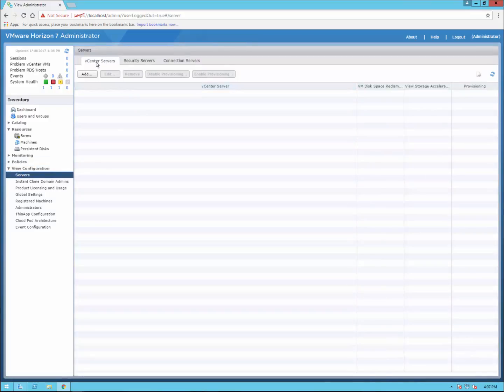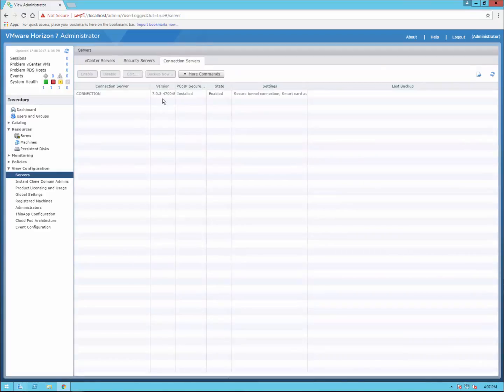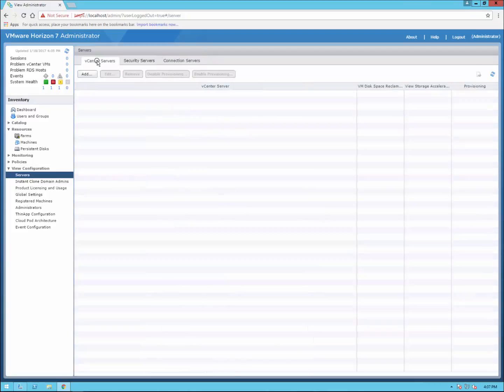And you see here you have the tab for the vCenter servers, and then you also have the security server and the connection server. As you see, it sees itself, the connection server. PCoIP is installed, it's enabled. Let's go back to the vCenter server tab, and we're going to go ahead and add the vCenter server for